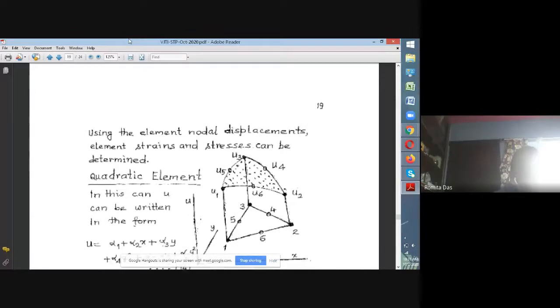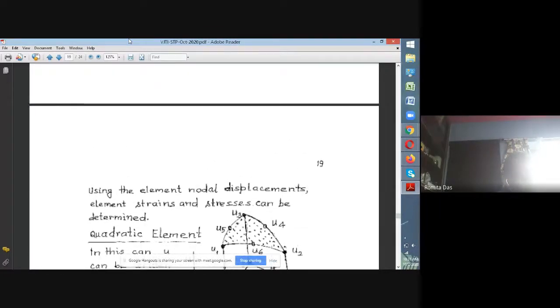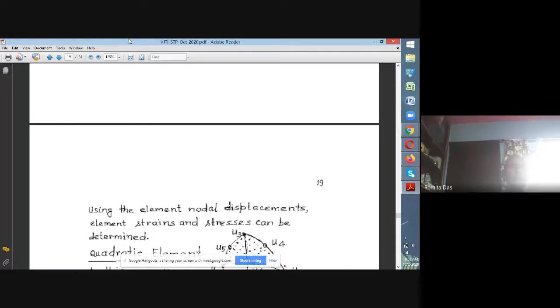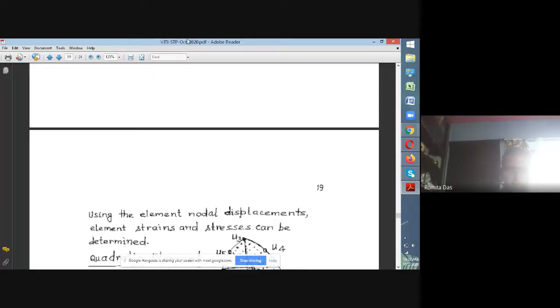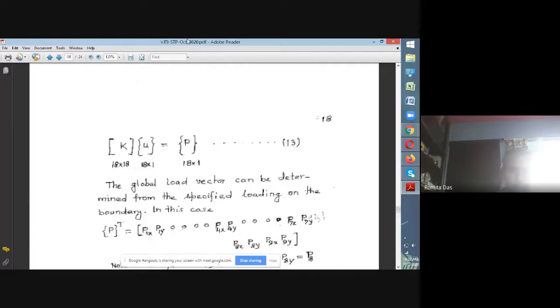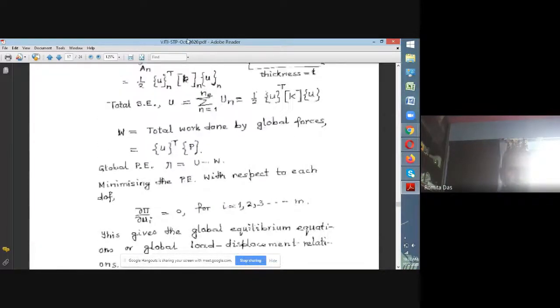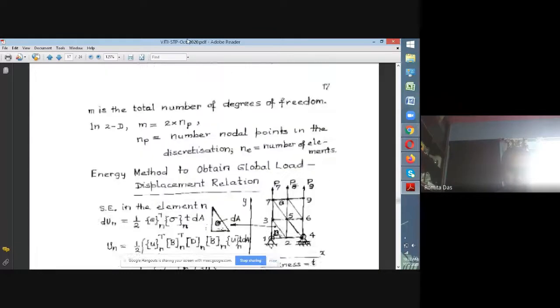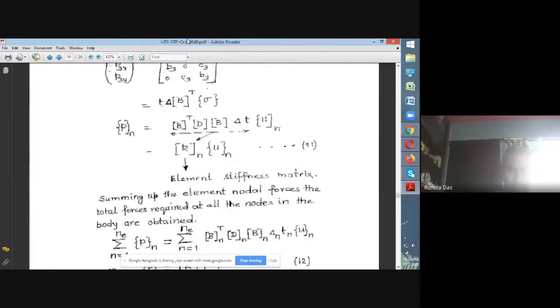Okay, so I would sum up, because I had to go a little faster today because I wanted to show you so many things in this particular lecture. First of all, we were talking about how to get the element level relationship, that is, how do we get the element level node displacement relation? So that was the starting point, and therefore we started with the construction of that relationship from the equilibrium approach.